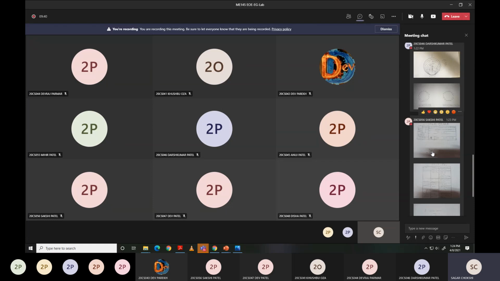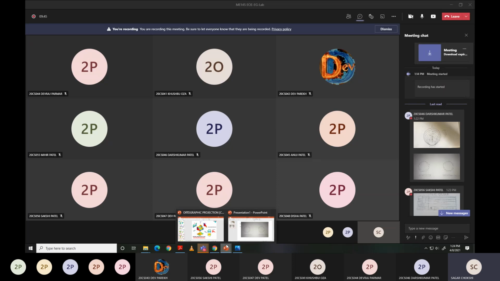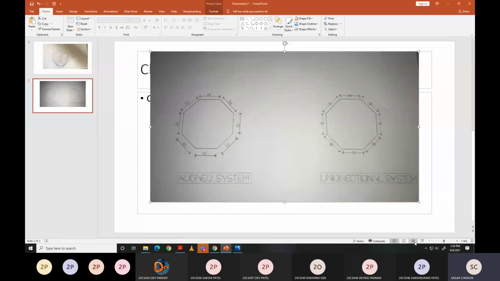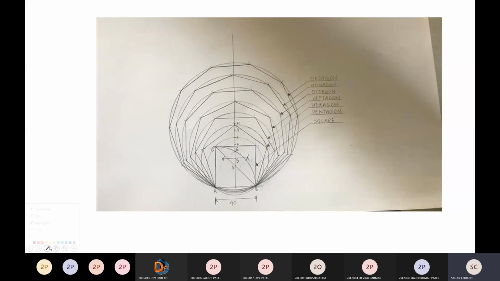Okay, so first we discuss the drawing of Darsh. These are the common corrections, so just check them. Here you have to use the aligned method, so 40 must be written on the top side of the dimension. Similarly, the extension line is passing through this, so keeping a gap of 1 mm here, you have to extend the extension line.